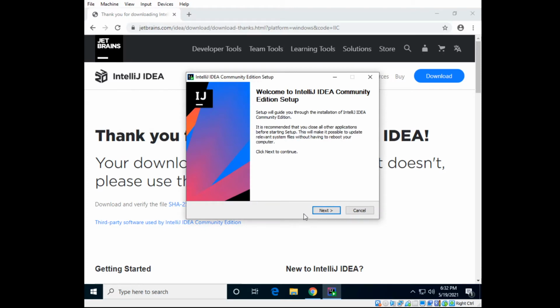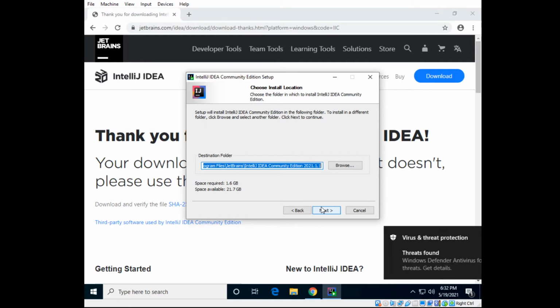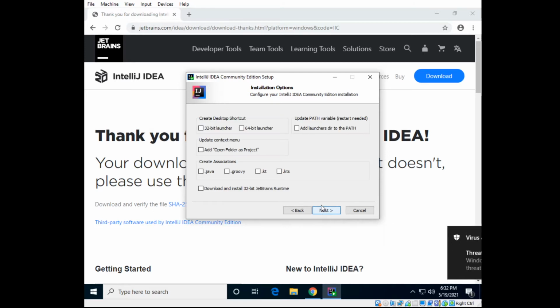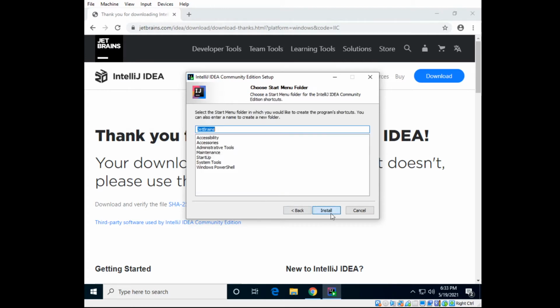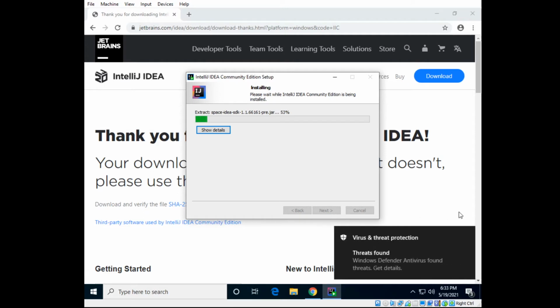Here we go, hit next. Don't go all the way next, let's change a few settings. The install location, that's fine anywhere it goes. For the options, I do like to have my Java files open in the IDE. You also need to hit install. You also need to install the JDK, which we will do after this is done installing, and I will resume